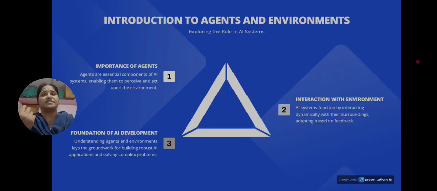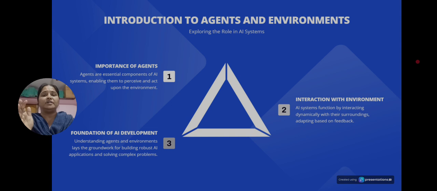Firstly, we have to know what an agent is individually and what an environment is individually. An agent perceives its environment through sensors. According to artificial intelligence, an agent perceives its environment through the sensors, and the agent can also think or decide what to do. So it is also called an intelligent agent because it thinks and decides what to do. Also, the agent can act using the actuators. The actuators are actually the outputs that we get from the artificial intelligence.